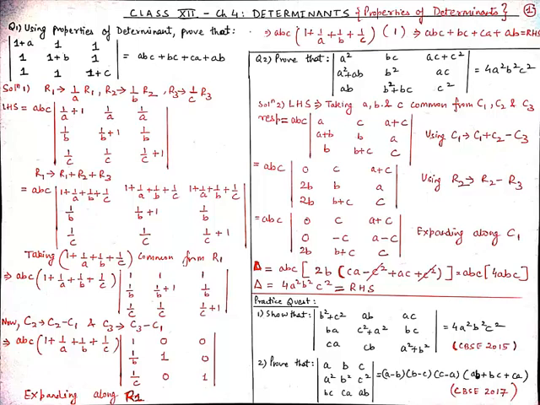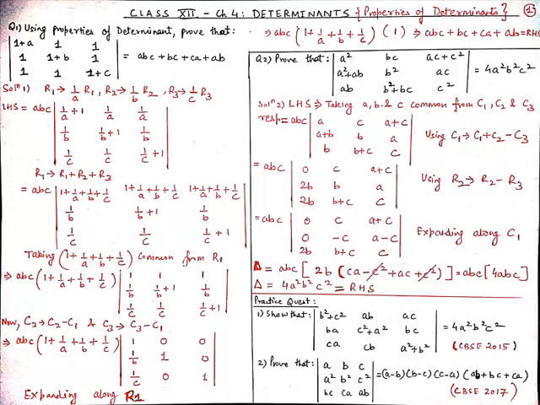Now, the first step is to observe the determinant carefully and try to solve it in your mind, considering which operation you are going to apply by looking at the result on the right hand side. Here, if you add all the elements of rows or columns, then you will not get the same element. And secondly, if you expand it directly, it might be easier here, but in other problems this procedure is also time consuming. And if we want to expand it directly, then there is no point in studying properties of determinant.